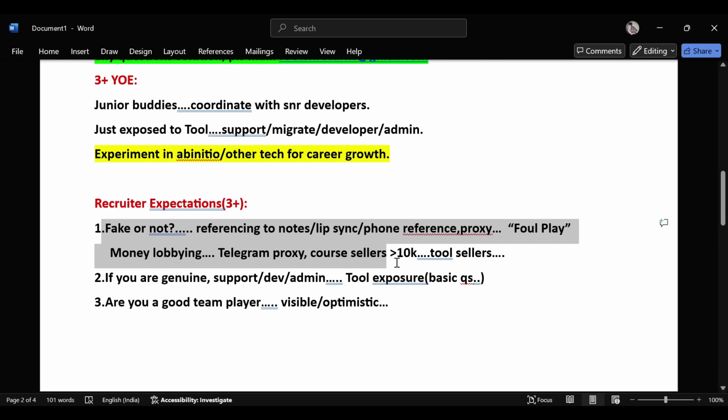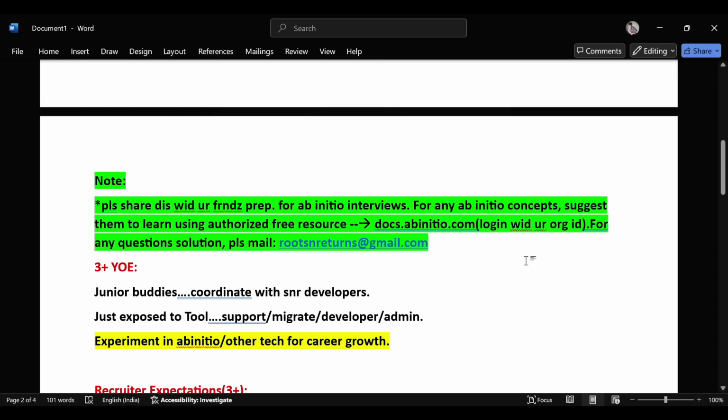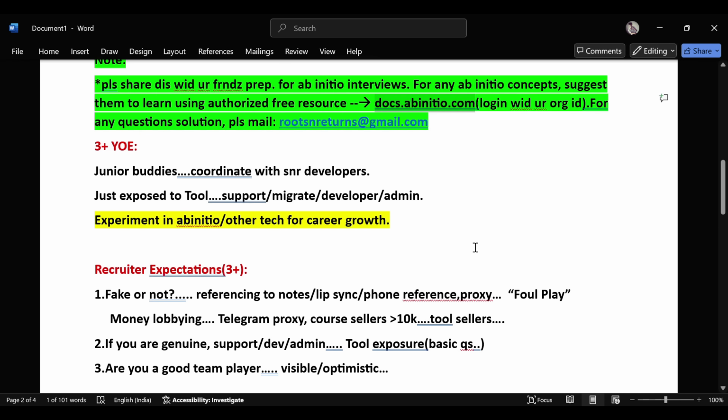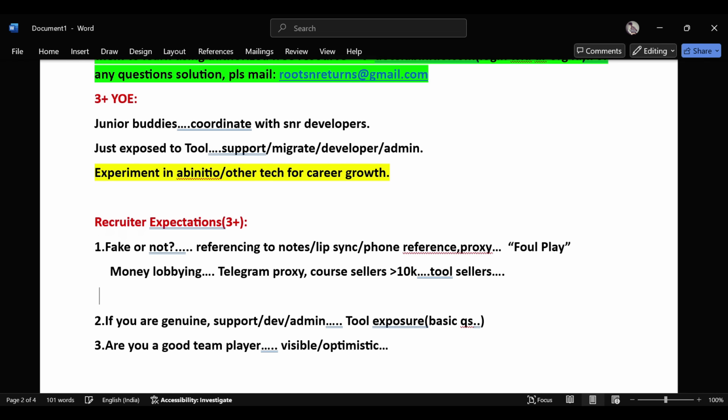Even if you do all this, if you're not able to crack at least one interview, then whatever money or time you spend is a complete waste. So I would encourage you not to do that. Instead, refer to the free resources available, go to this website, and learn yourself. If you don't have time, spend half an hour to 1 hour daily. Be consistent, half an hour for any use case, or 1 hour, daily for your career growth.